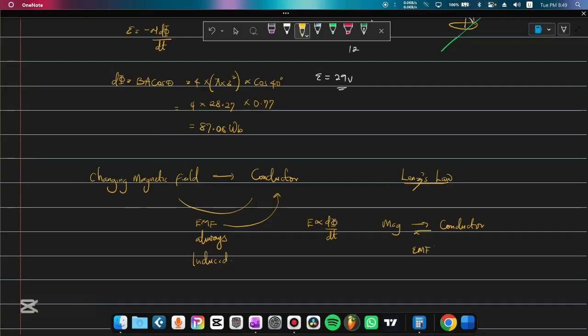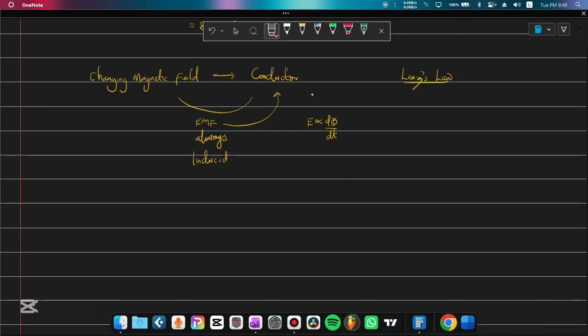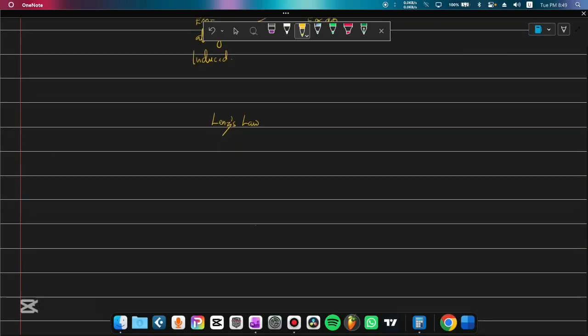It just tells us this. Now, Lenz's law went on to explain this further, and Lenz's law, or Lenz law, anyhow you want to say, tells us that the EMF induced